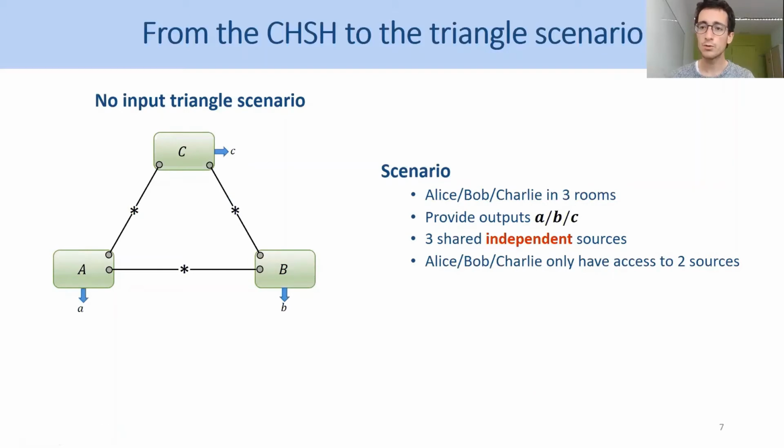So now I will go to network non-locality. And here I have a specific network, which is the triangle network, where you consider several independent sources, so 3 in this case, and several parties measuring those sources. So here, for instance, Alice will measure this source and that source. And then she will obtain an output. And again, we are interested in the probability distribution of A, B, C.